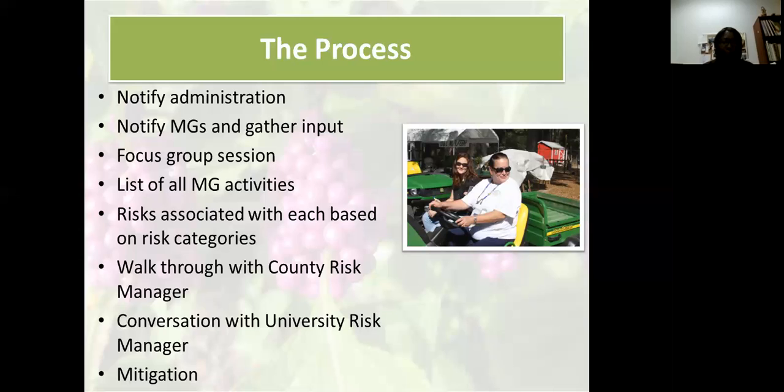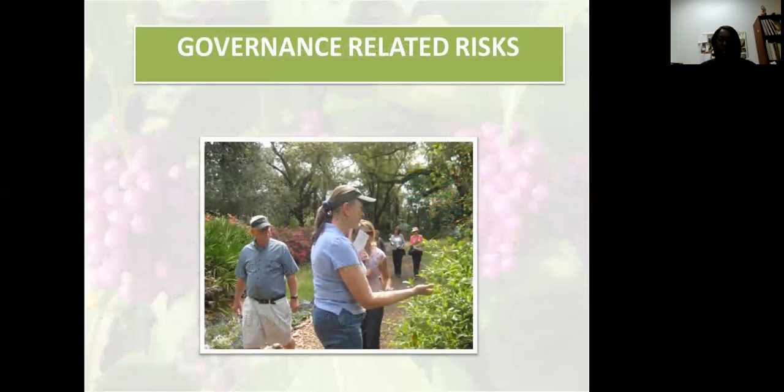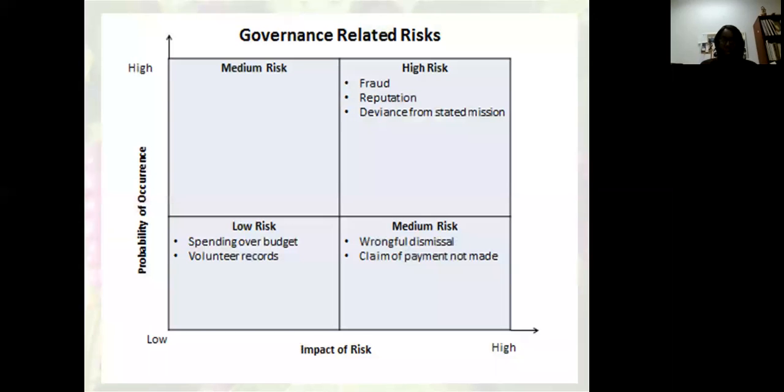And then once we got all that, we looked at what strategies we were going to use to mitigate the different risks. So what I'll do now, I'll go through the different risks that we identified for the program and what we came up with for each of those risks that we considered high impact, high probability, or medium impact, medium probability. So for governance-related risks, we came up with those that are high risk of fraud, reputation, deviation from